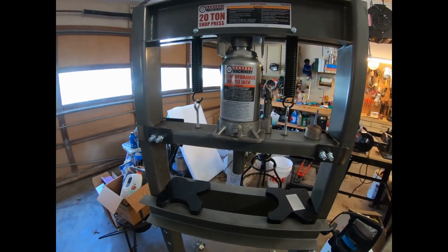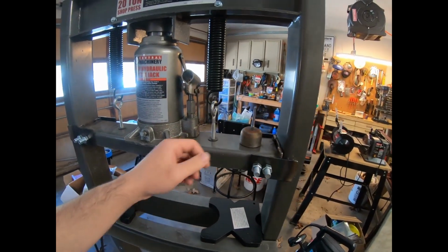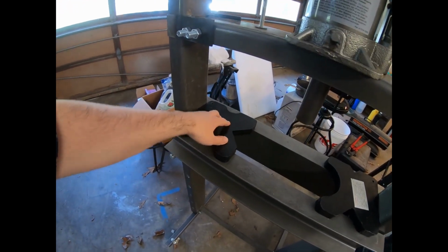If you buy these things, just kind of consider it like a parts kit. Don't consider it like a tool that's going to immediately work out of the box. For anyone that's concerned about the original arbor plates here,